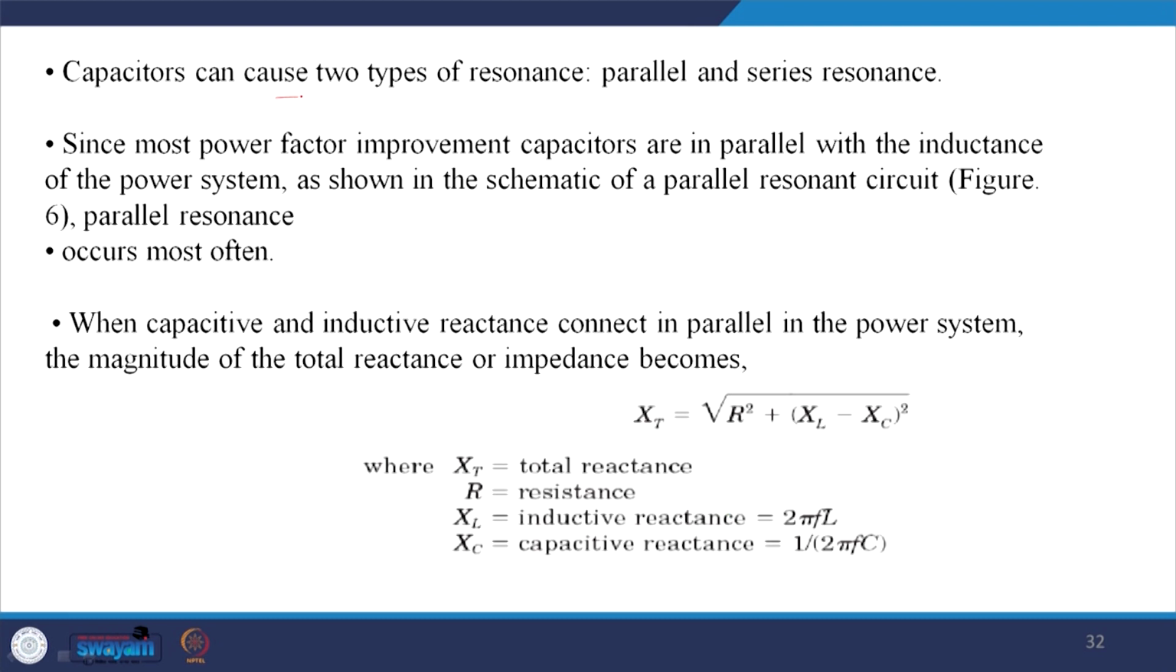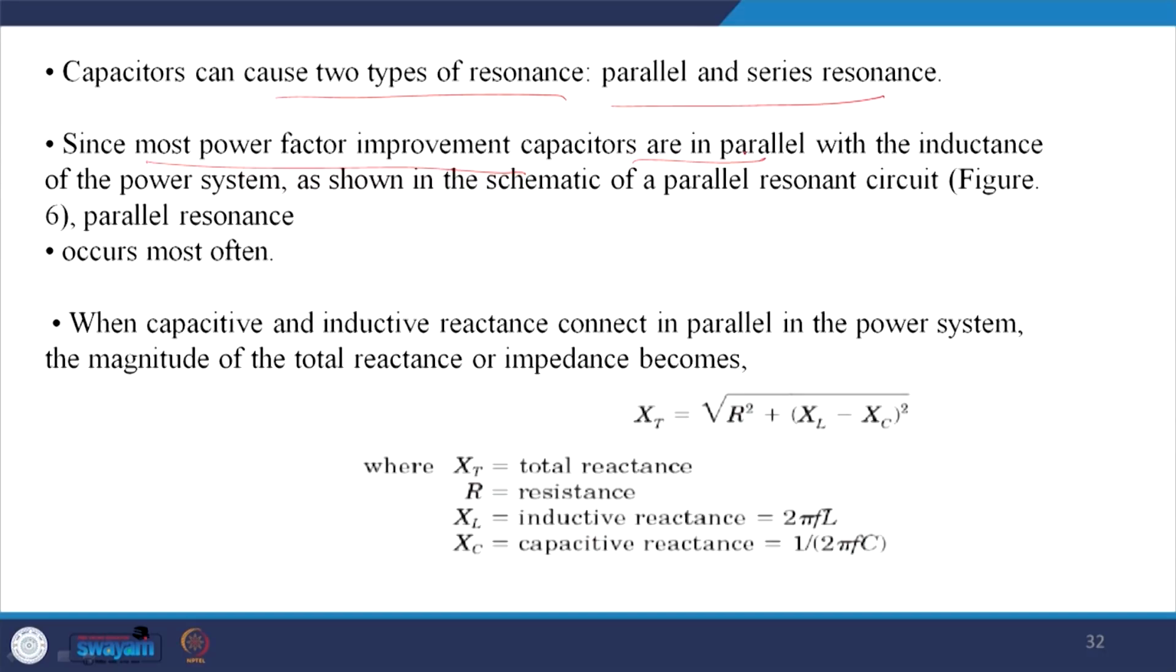So, a capacitor can cause two types of resonance, one is parallel, another is series. If it is a parallel resonance, this is an anti-resonance essentially, the least current will flow. Your admittance is minimum, thus impedance is maximum. Since most power factor improvement capacitors are in parallel with the inductance of the power system, as shown in the scheme of the parallel resonance circuit in the next figure, figure 6, we will have a parallel